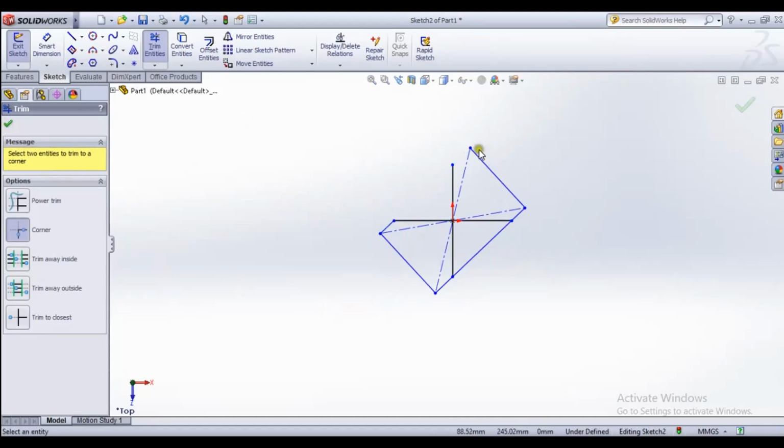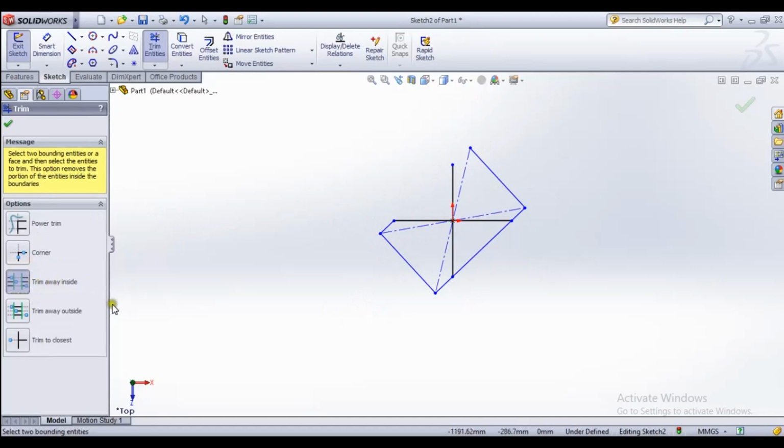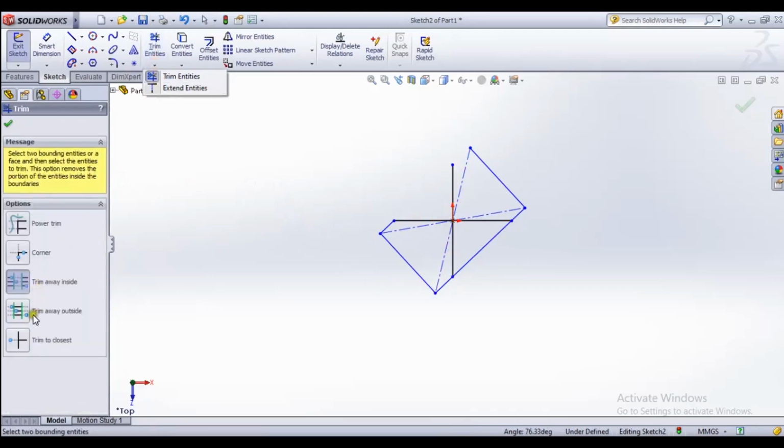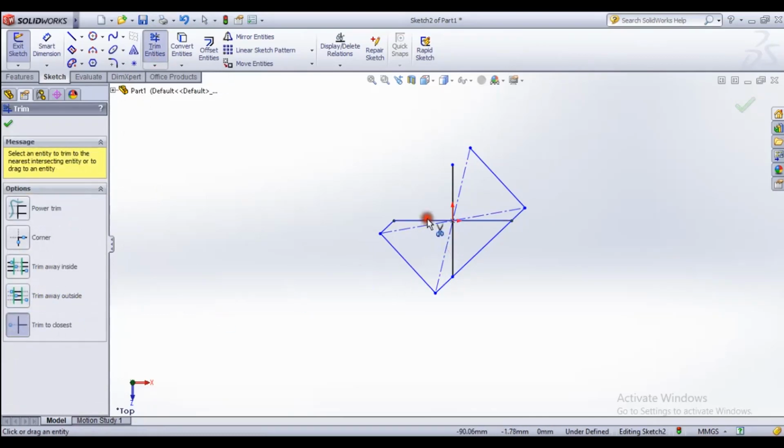Okay, you see that it's trimmed like a corner, and trim away inside, we can trim like this. Trim away outside, trim to closest. There are so many types of trims we can use here.